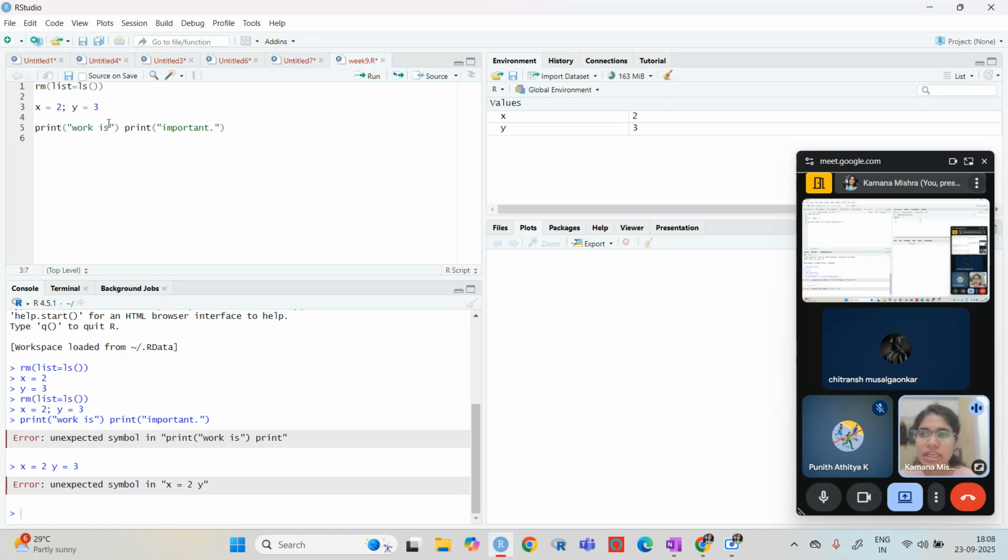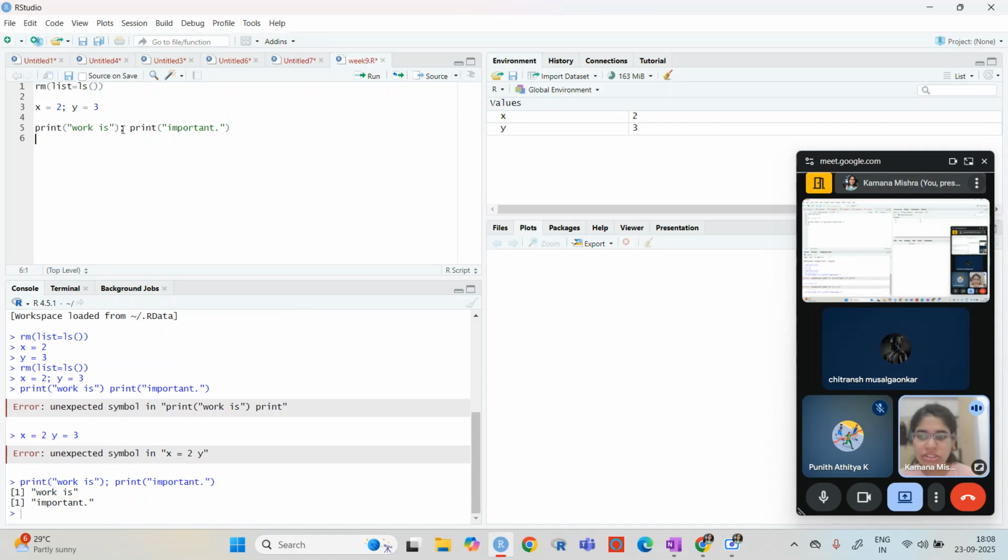I want to write in the next line, but I have written it here. If you do it with the semicolon, you will have "work is important". So you do not need to write print on different lines. Now you can see that it is kind of a sentence. If you make print like this, or break it, it will work like this.